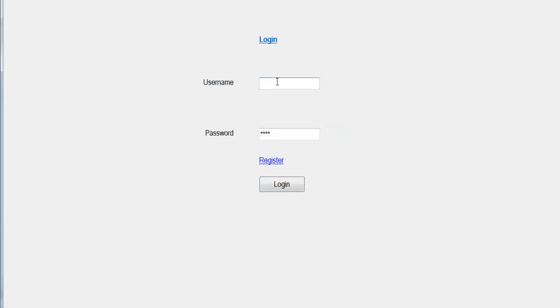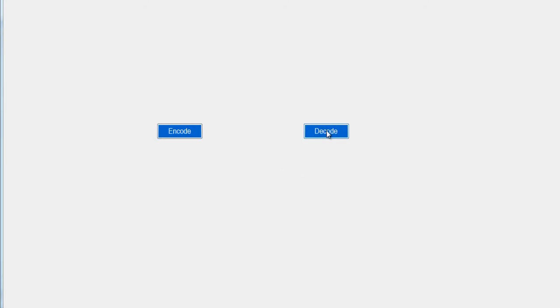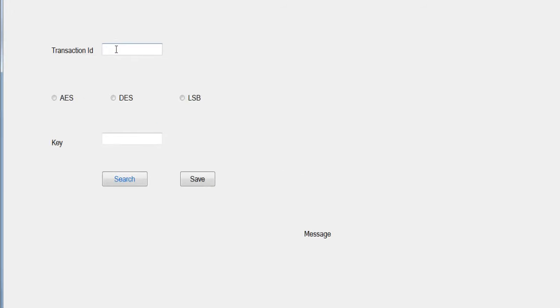So now let's log in as that user, and click on login, decode. Suppose the transaction ID 113, AES, and the key.